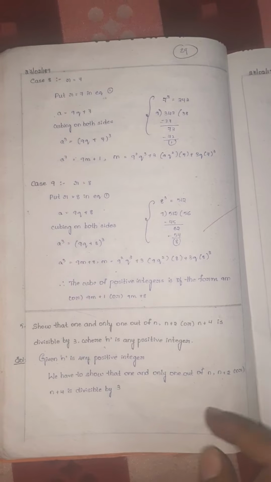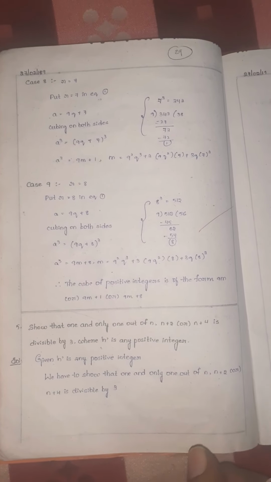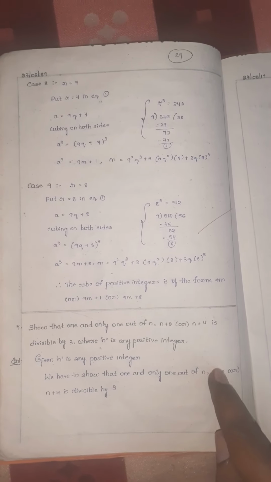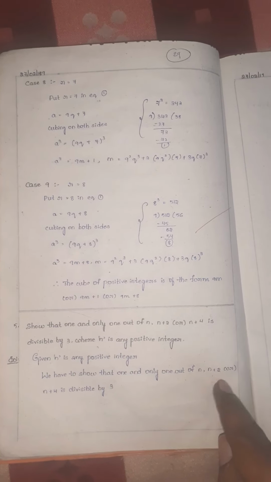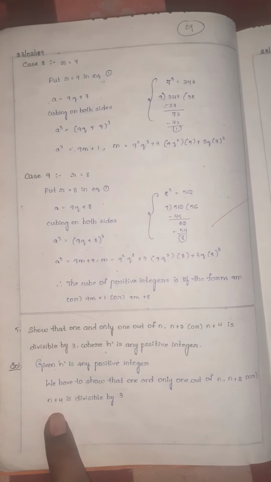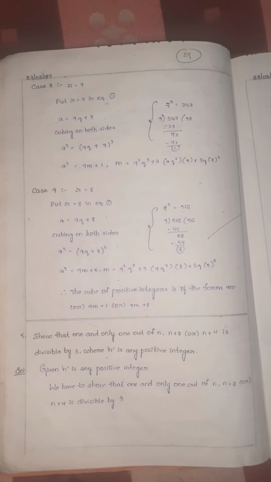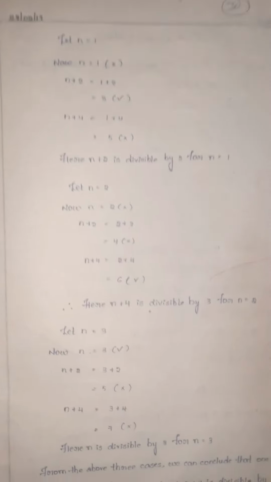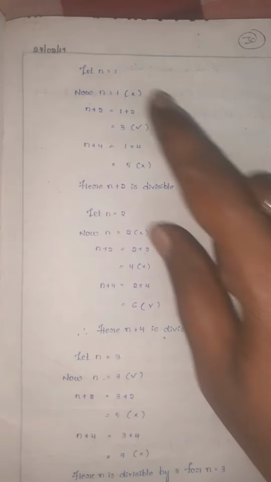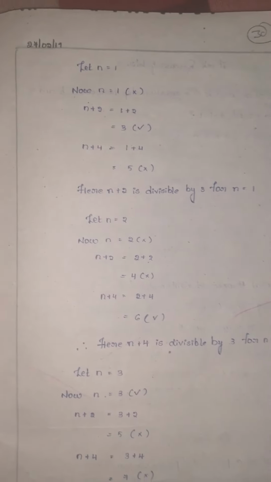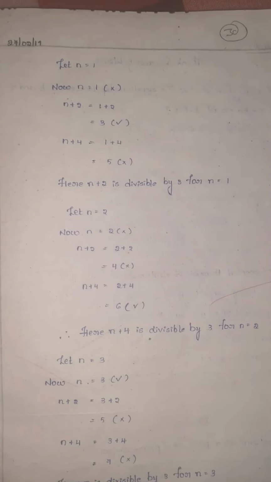One and only one means what? So we'll get some cases in that either it may come n, n plus 2 or n plus 4 that is divisible by 3. We should prove. So here let us assume n is equal to 1. So if you take n is equal to 1,